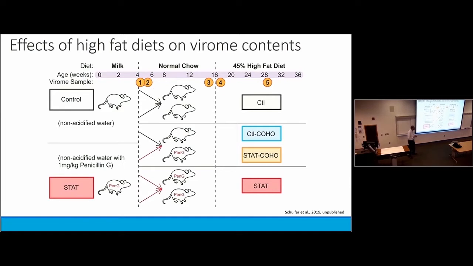Another study that we recently have started looking at again is a study we did a few years back where we were really interested in how diet affects your virome. And it's the only study we've actually done in mice rather than humans, collaborating with Marty Blaser at Rutgers. He had this set of mice where he had placed them on a normal diet, but then at about week 16 had transitioned them to high-fat diets. And our big question is, does that transition to a high-fat diet affect virome contents?